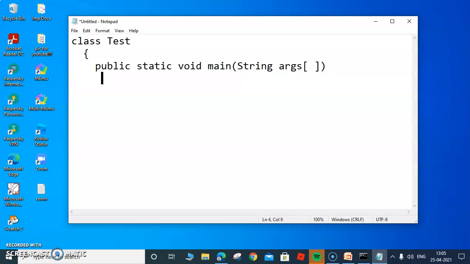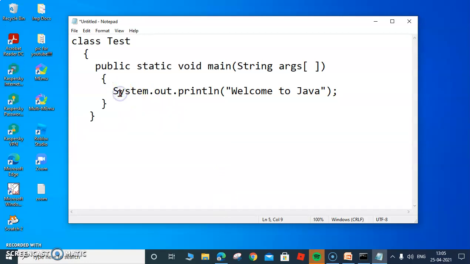You are well aware of this, so I'm just skipping this. System.out.println, then "welcome to Java", and then close, and then the curly bracket close for the main method and curly bracket close for the class. Once you have typed the program,